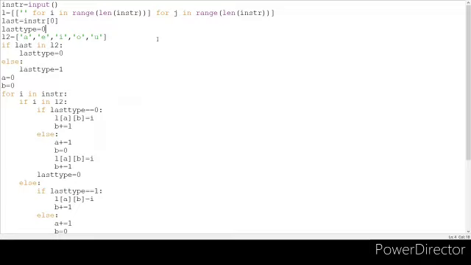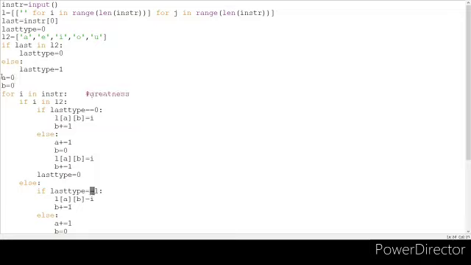This last type variable is used because we have to see whether the last character in the given string is a vowel or consonant. For that identification, we are using this last type variable, and we have another list L2 which holds the vowels. Now I am checking whether last is a vowel or not. If it is a vowel, I am assigning last type to 0, otherwise I am assigning last type to 1.